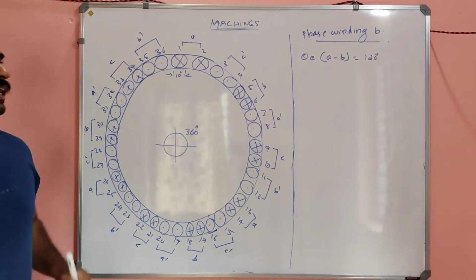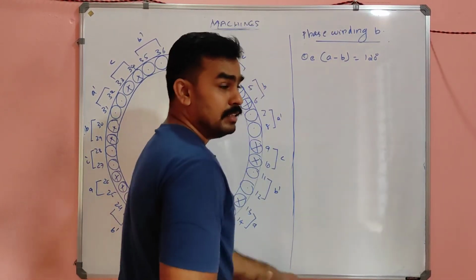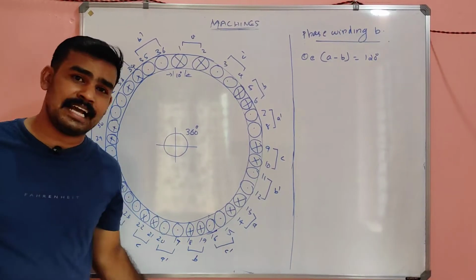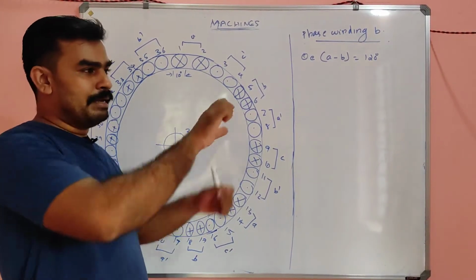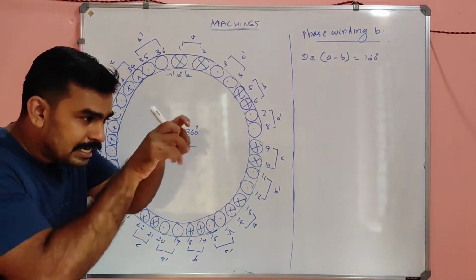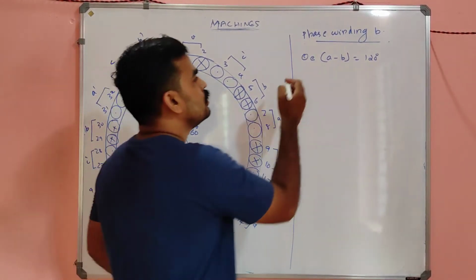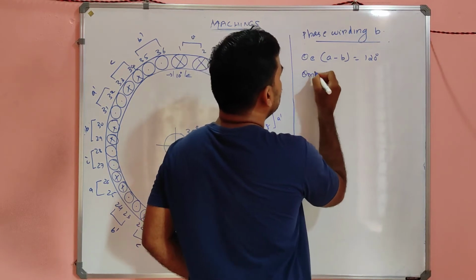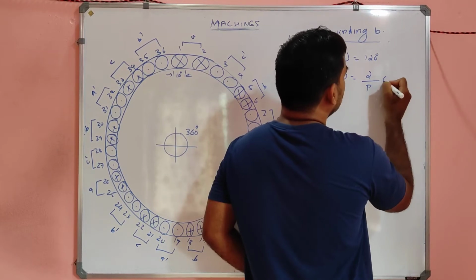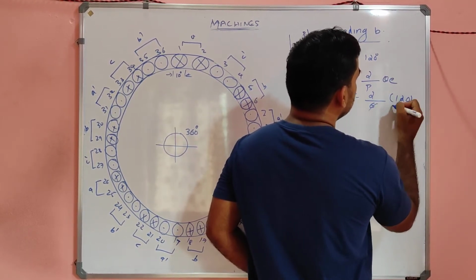So we know that, my dear, the electrical angle between A and B is always 120. Can we trace this 120? No, because it is an electrical angle. We can't trace that. If you want to trace that angle directly by your eyes or by a protractor, then what should you have? You should have the mechanical degree. So the mechanical degree between A and B will be equal to what, my dear? 2 by P into theta electrical, which is equal to 2 by 6 into 120. So it will be equal to